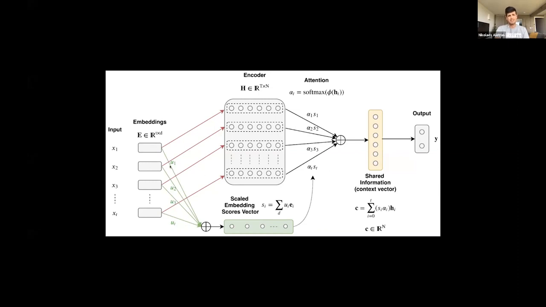So the idea here is to introduce a set of parameters for each word in the vocabulary. So this is like a vector as long as the vocabulary.